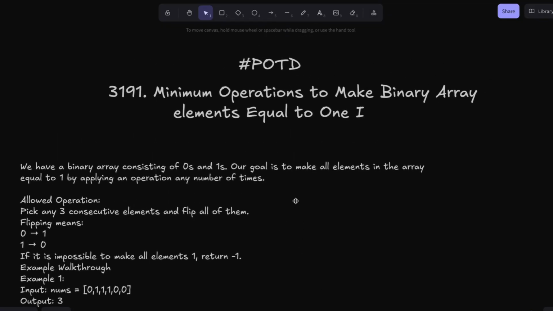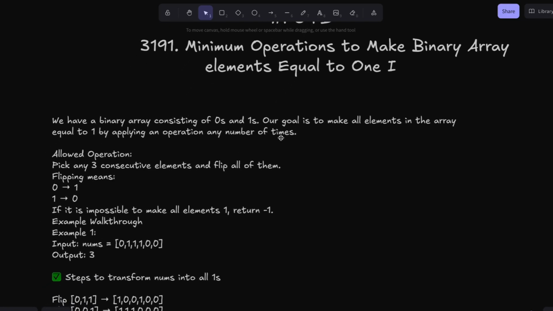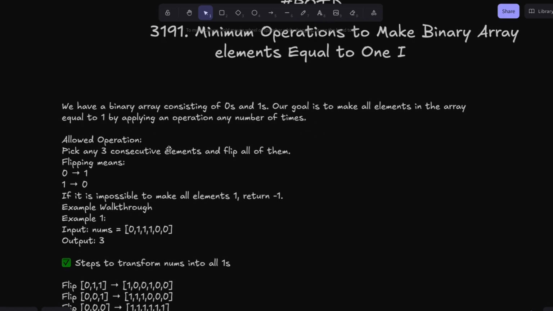So today we are having the problem of the day of LeetCode. The name of the problem is Minimum Operations to Make Binary Array Elements Equal to 1. Okay, so we have a binary array consisting of zeros and ones. Our goal is to make all the elements in the array equal to 1 by applying an operation any number